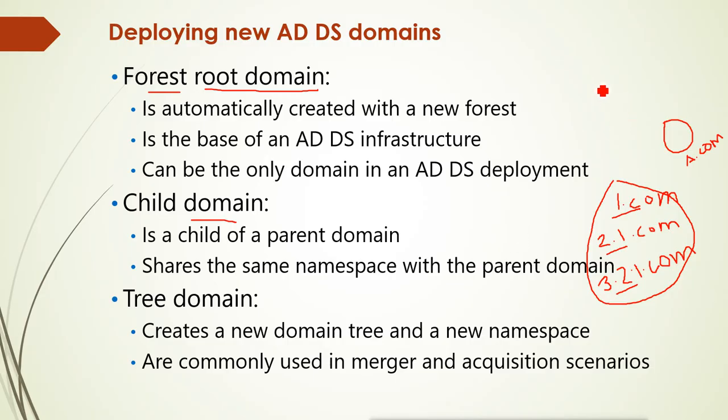So what we have done here is create the domain on server 1. We installed Active Directory domain services on server 1, and we promoted this server to be a domain controller. When we promote it, there was an option to select a new forest. We selected the new forest because there was no available domain. We are creating this for the first time. So server 1 becomes the domain controller for the root domain. Whenever you create the first domain, it will always be the root domain within the new forest.